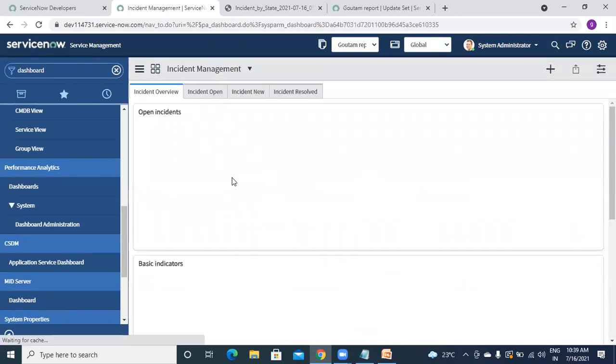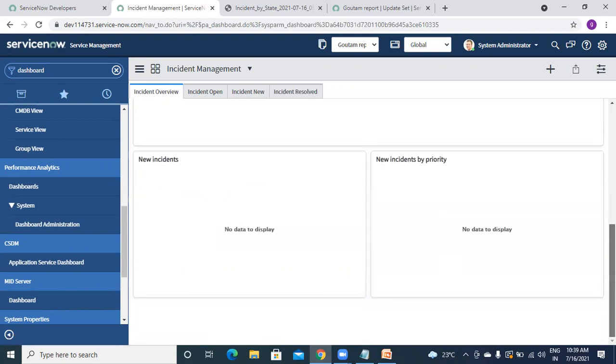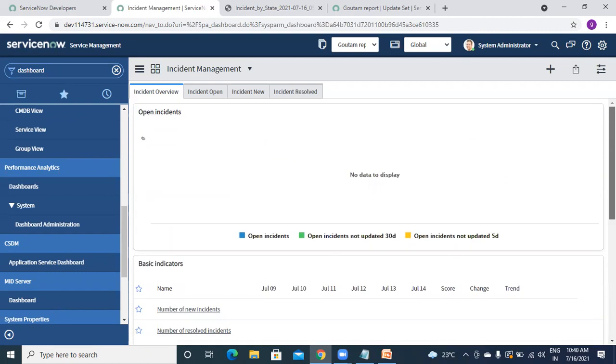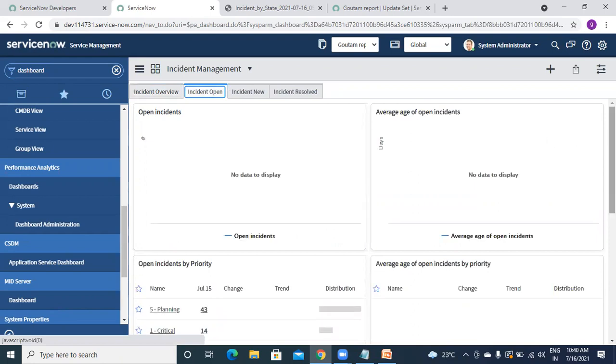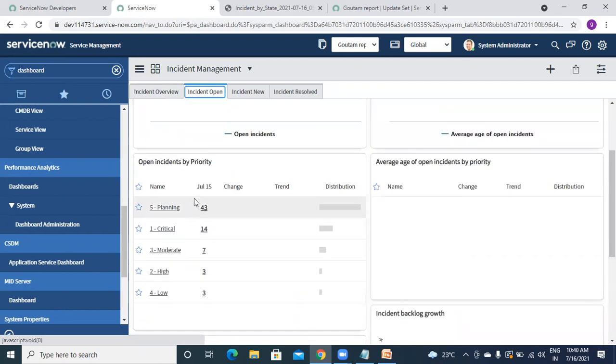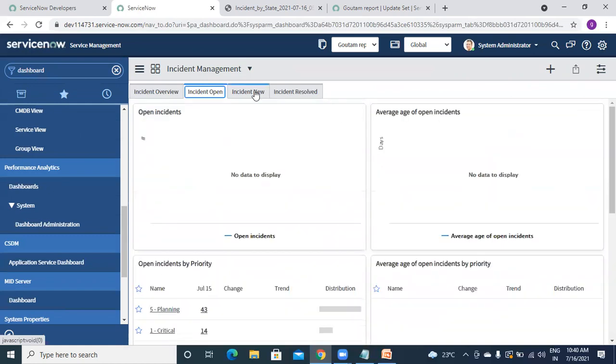Okay, just for your reference you can refer to this, like what are the open incidents, what are the basic indicators. It is taking time to load. It is not showing, maybe because of some conditions on that. So this is a tab on your dashboard. All these have some conditions, and this is one more type of report. In the same way you can select multiple different types. So if you want to